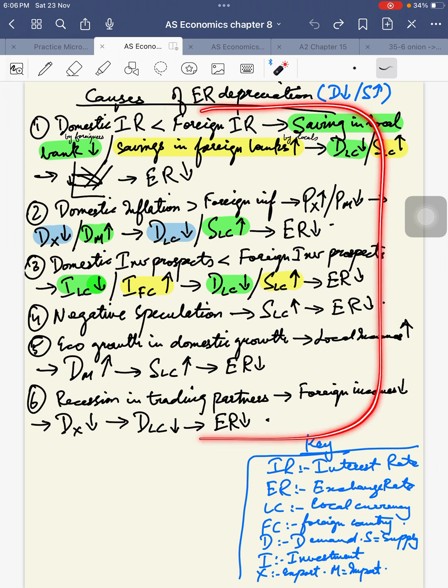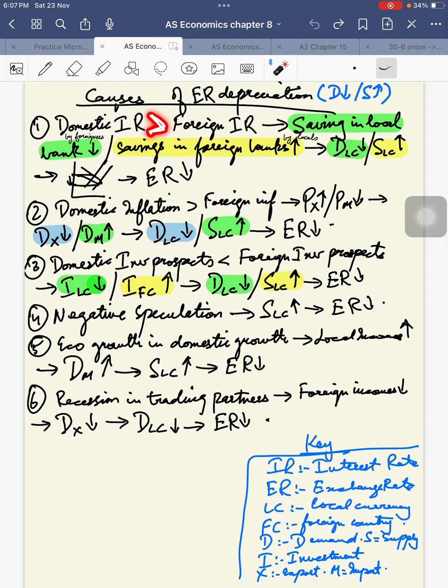All of these causes, if inversed, for example, if we write positive speculation, if we write economic growth in foreign country, and if we write recession in local country,